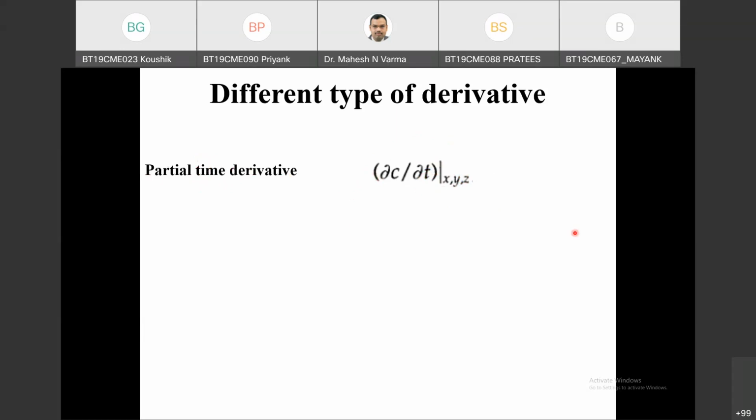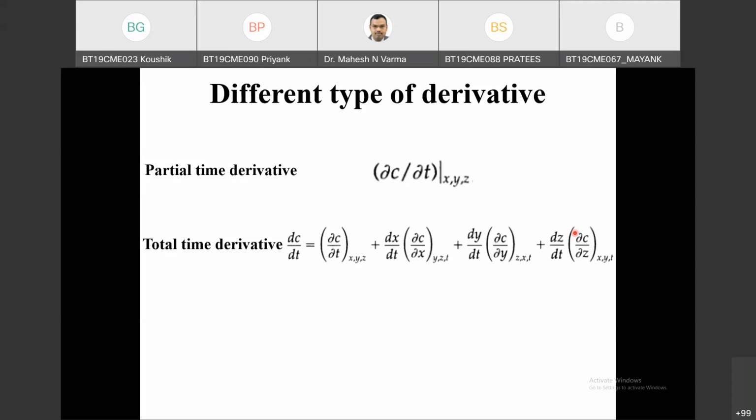Now, the second case. Say you have hired a submarine, and now you are moving in the XYZ directions with the speed of the submarine. You can change the speed of the submarine. It depends upon you what speed you want to maintain in the X direction, in the Y direction, and in the Z direction. If you are measuring the concentration of fish in the same cubical control volume, then it is called the total time derivative. The total time derivative dc by dt will be equal to the partial time derivative with respect